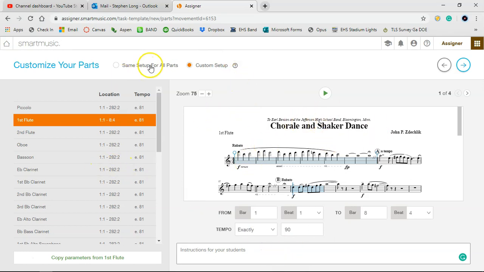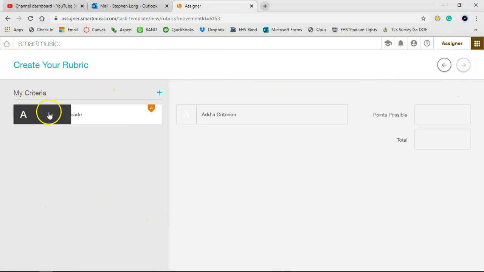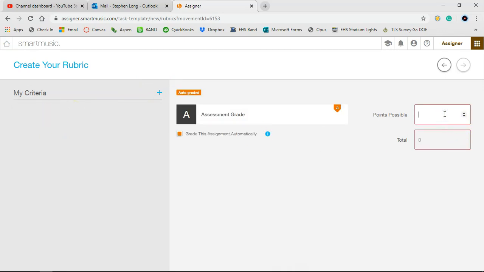So if you can create that this way, we can go to our, see if it'll let us go on. Yeah. So then you can set up your criteria. I've just been doing this generic one, assessment grade, and that again literally is just, did they play the right pitch at the right time. But that'll give them an assessment grade. You can add the rest of your rubric here by using the plus button. You can edit, or you can add to rubric. I've been doing it out of a scale of 100, so it matches up with our grade book. You can have it grade the assignment automatically, or you can toggle this off so you have to manually grade that. And then we can go on